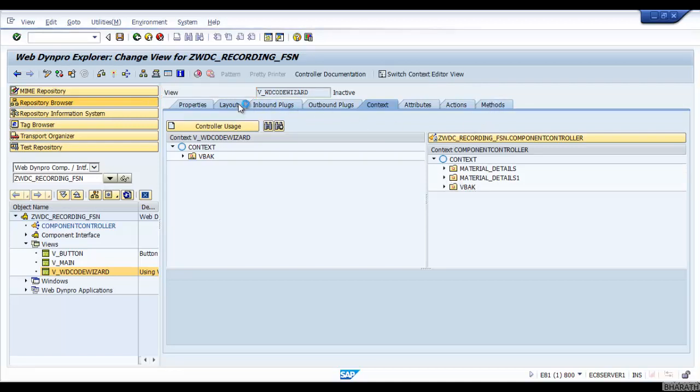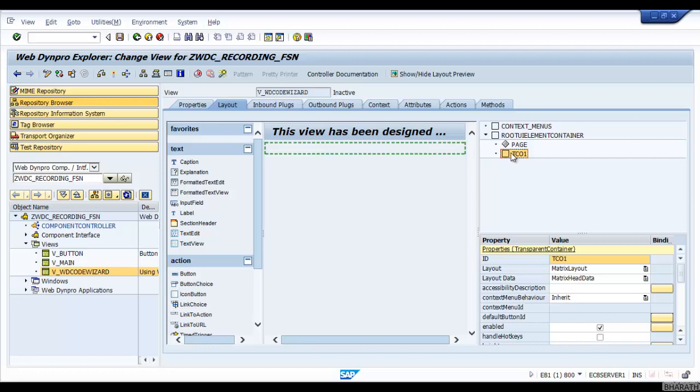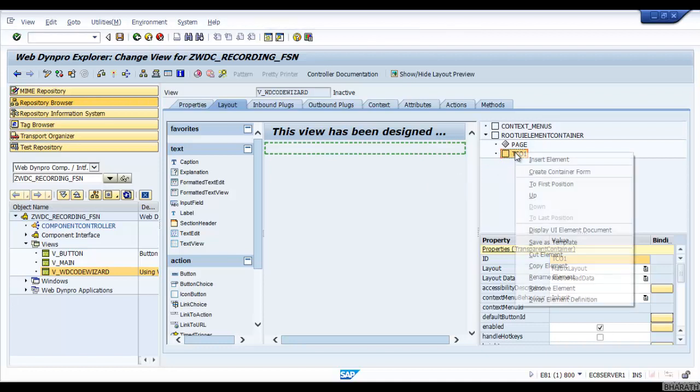Okay, so now go to layout. If you wanted to create an input field UI element in the screen, what you have to do is just right click on the container and click on insert element. If you have to place 10 UI elements, you have to click insert element 10 times. And for every input field, if you have to place a label, then another 10 times you will have to click on insert element. Likewise, you will have to click 10 times or 20 times along with label.